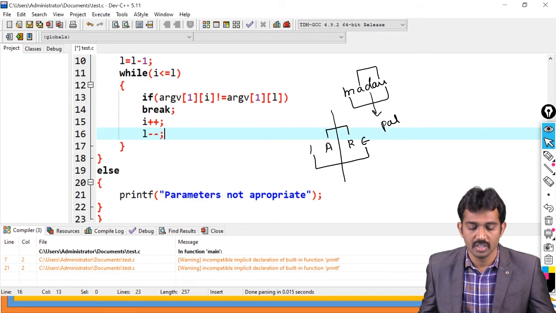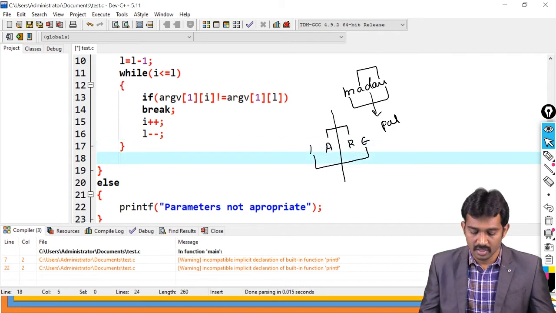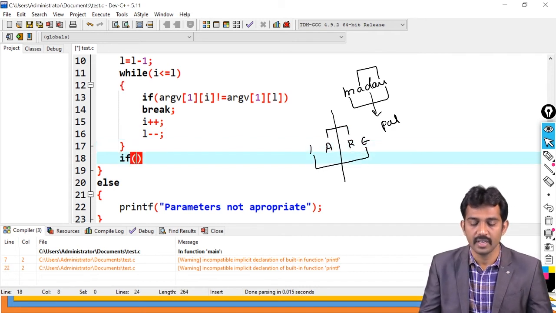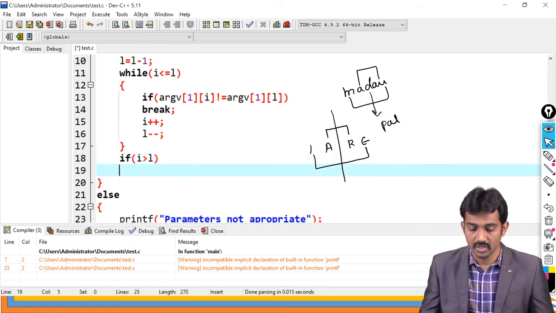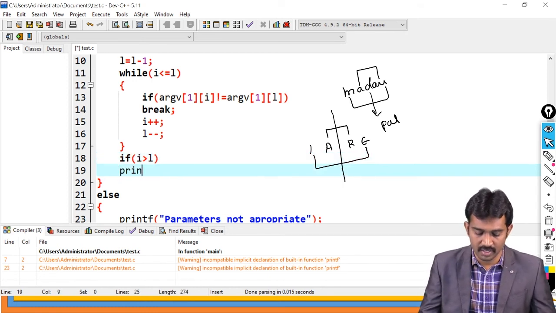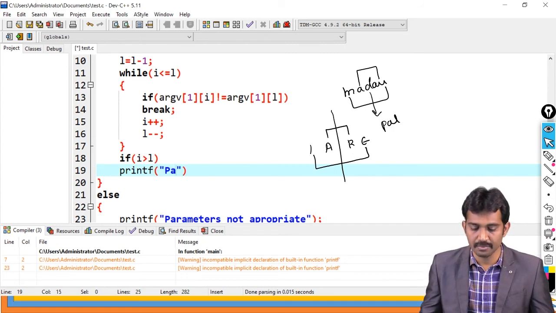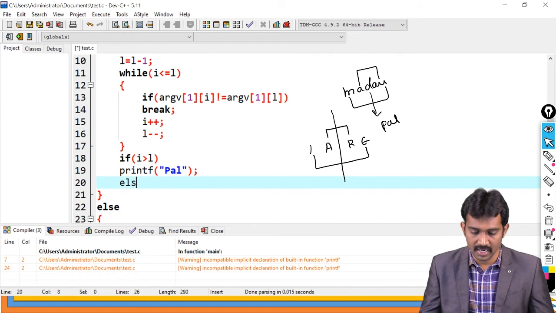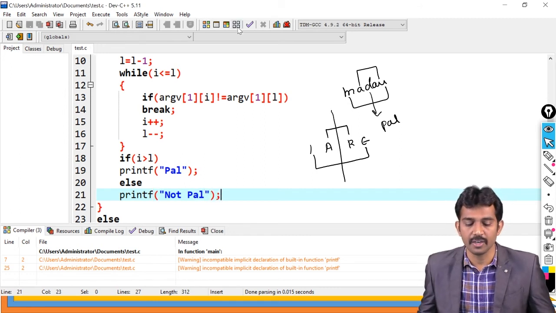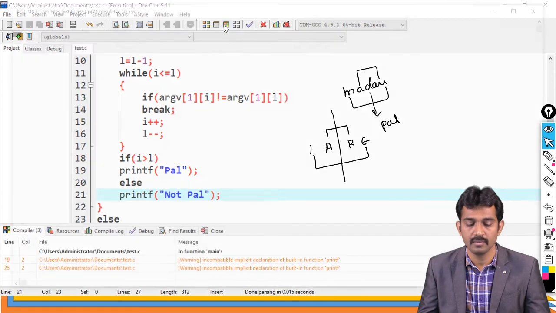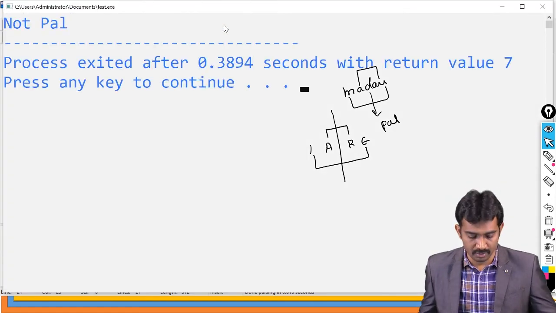When it is not matched, see, after this, if I value is greater than L value, then printf it's palindrome, right? Else printf it's not palindrome, right? It's not palindrome. See, if you run this code, it's not palindrome, right?